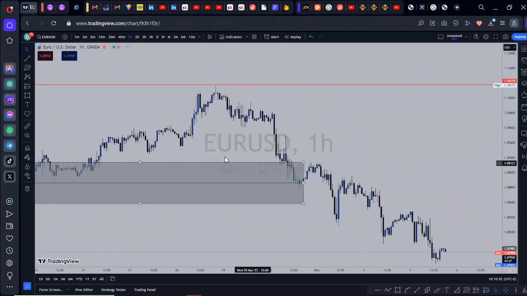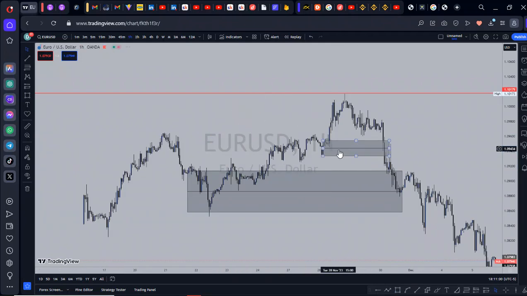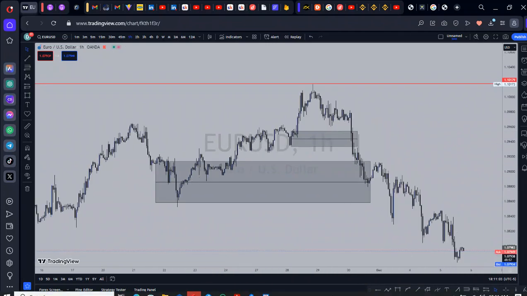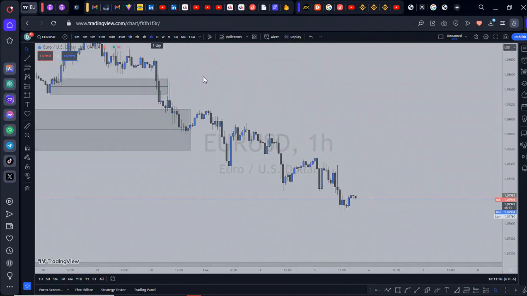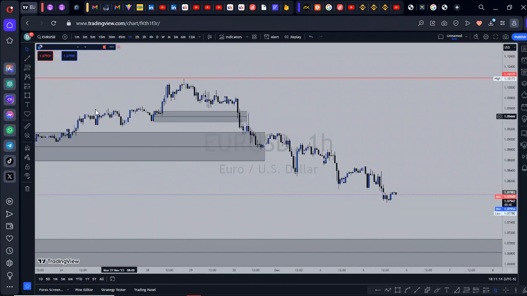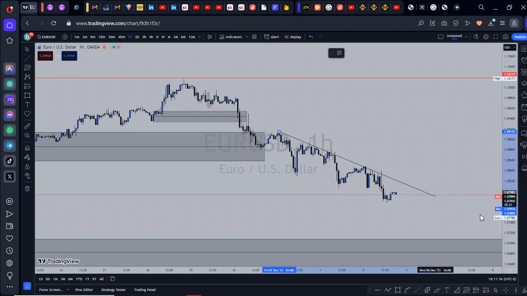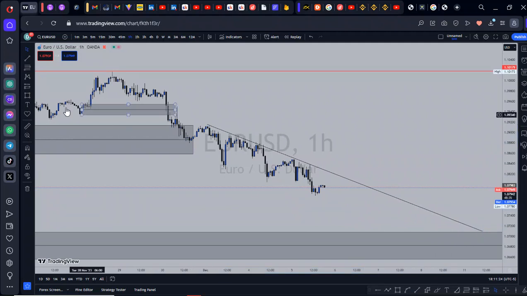All right, so you can actually see right here this first demand from the lower time frame was violated. Price traded backwards to it, used it as a resistance, traded lower, and as it is trading lower, what I'm paying attention to now is how it is trading in a choppy way. Let me go back to the 1 hour time frame. So it is trading in a choppy way. You can see right here on a trend line. I think the market knows what it's doing, building up liquidity, and why building that liquidity? It is trading into that demand zone.